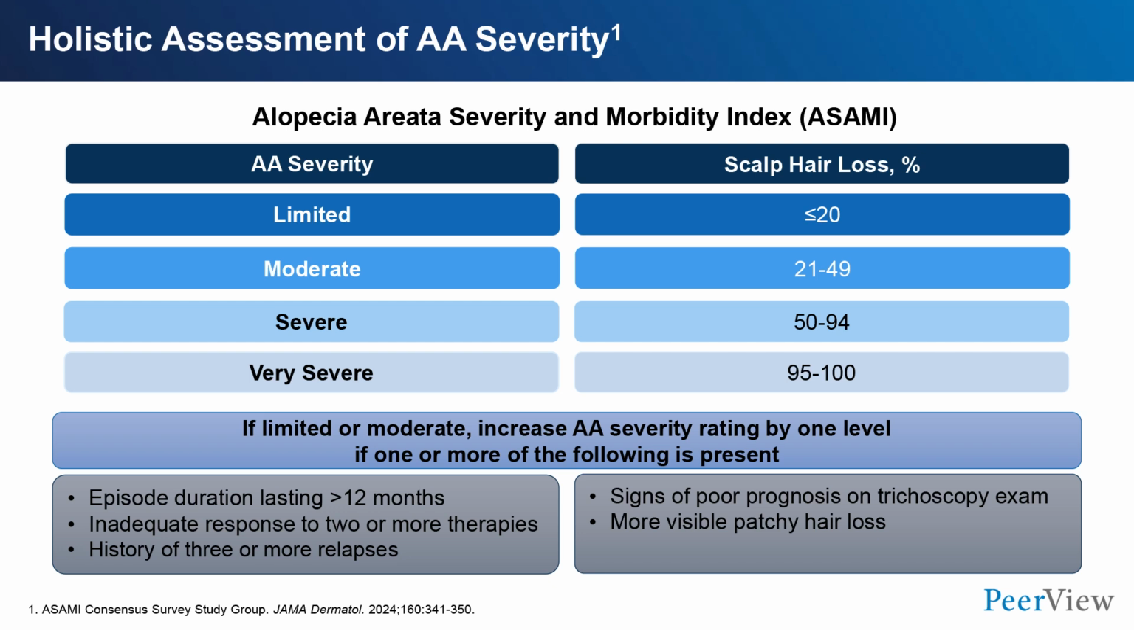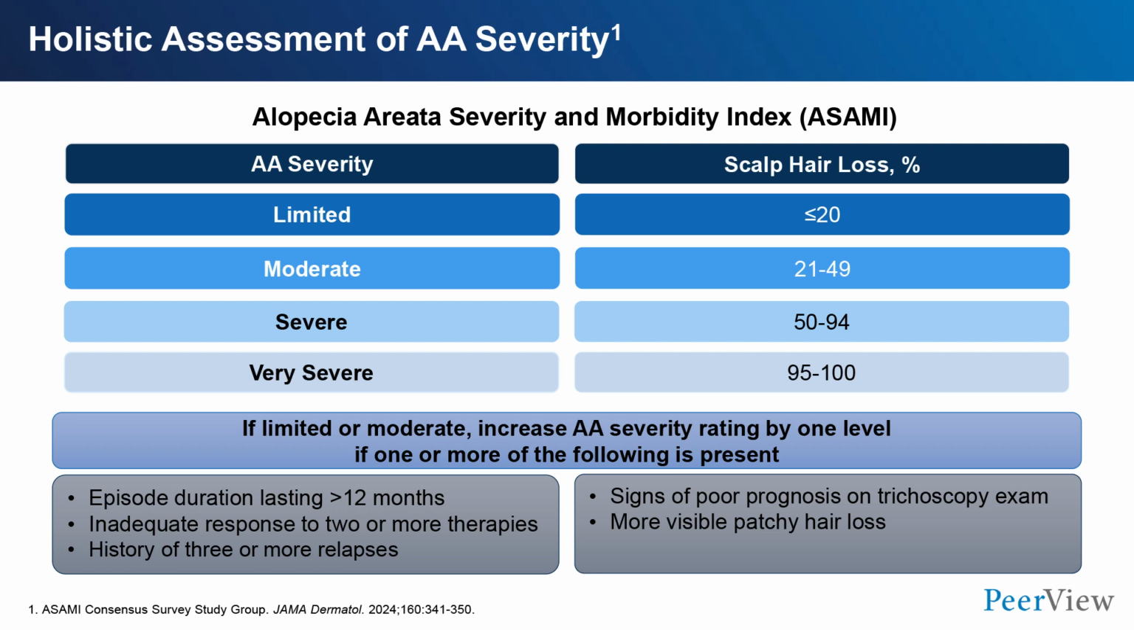So we've talked about the SALT score, we've talked about the IGA score, but when patients present to us, they're not just a score, they're not just hair loss, they're people who are experiencing a really concerning condition. And so there's now an alopecia areata severity and morbidity index, ASAMI. As you can see here, it's not just about what they have in terms of severity, although that does play a role. But what we have here is if there is limited or moderate hair loss, so someone less than 50% or someone less than 20%,